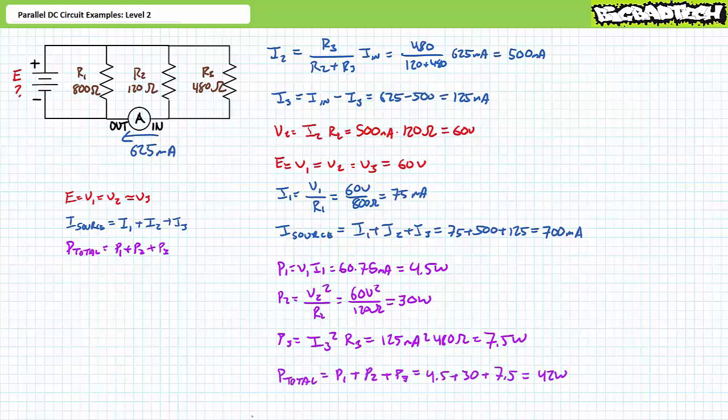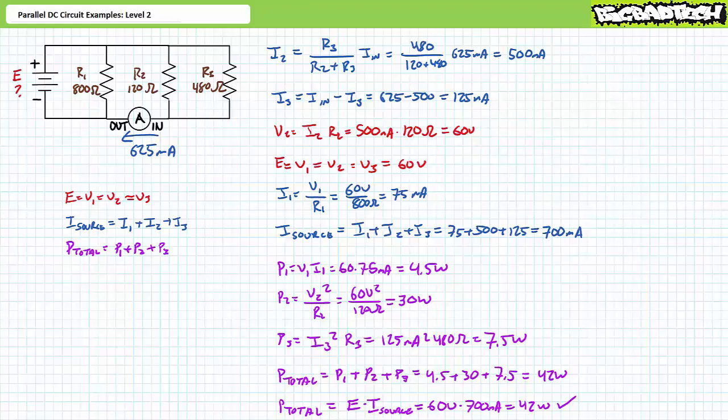Total power equals P1 plus P2 plus P3. Substituting our calculated values yields 42 watts. As a means of checking our work, total power is equal to supply voltage times source current, which similarly yields 42 watts. I've got a reasonable degree of confidence our answers are correct, and we can move on to our